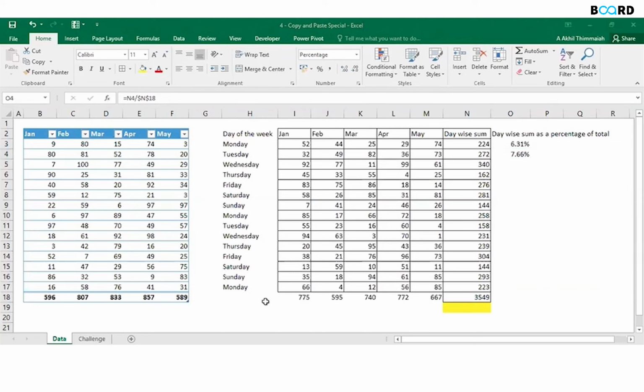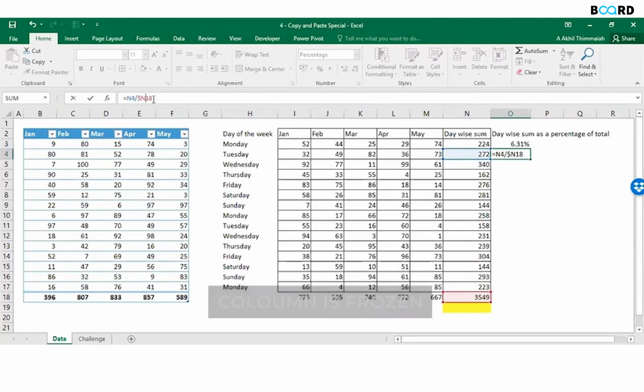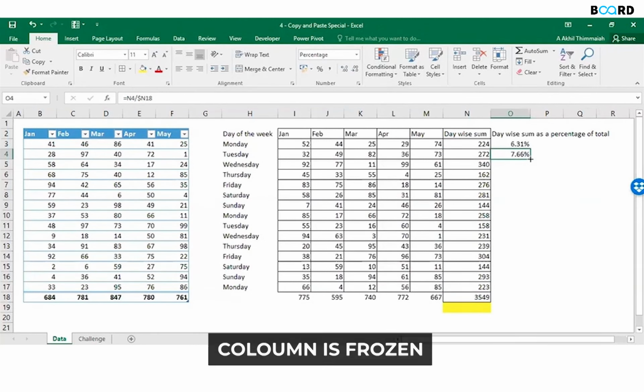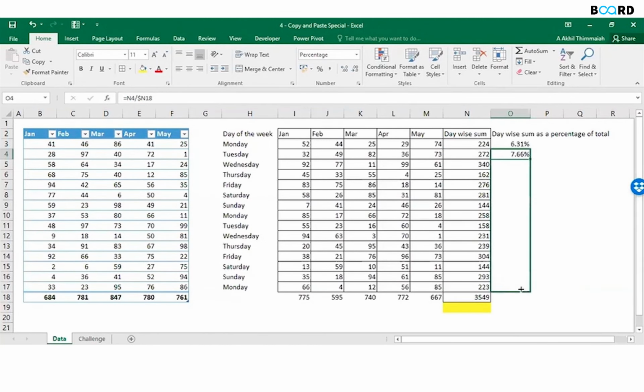This is very important and it's called cell freezing. A dollar sign before the row and before the column means the row and the column are frozen. A dollar sign only in front of the column means only the column is frozen. Now even if the column is frozen and I drag this formula down,